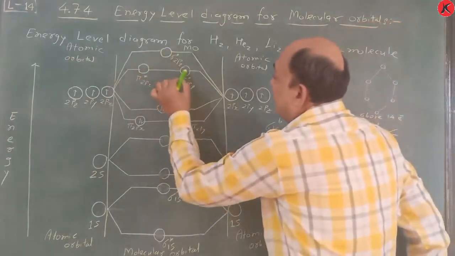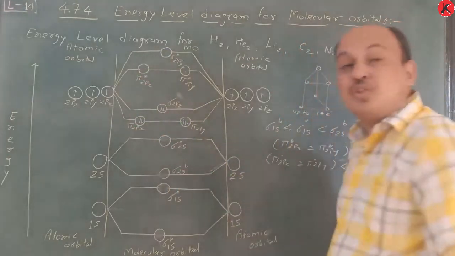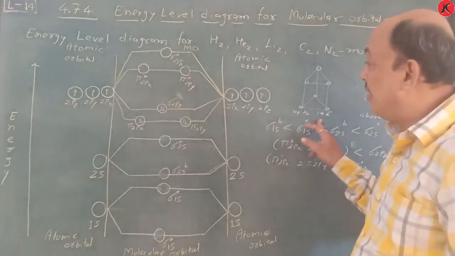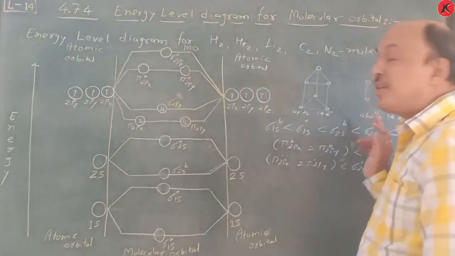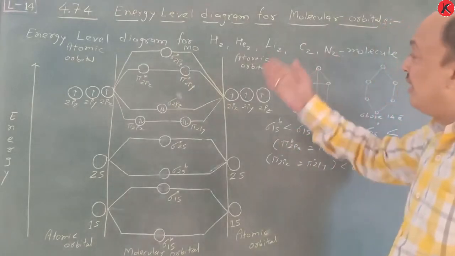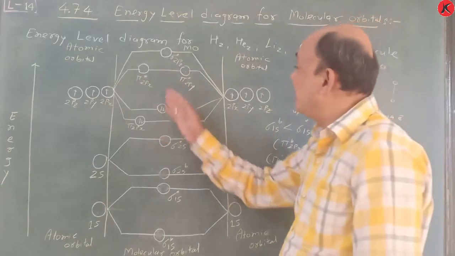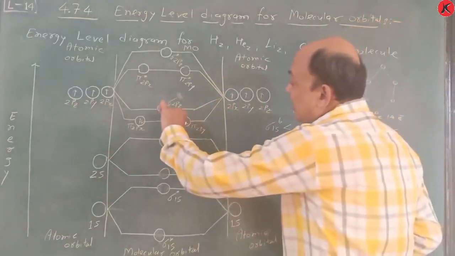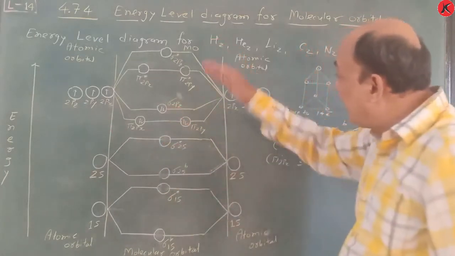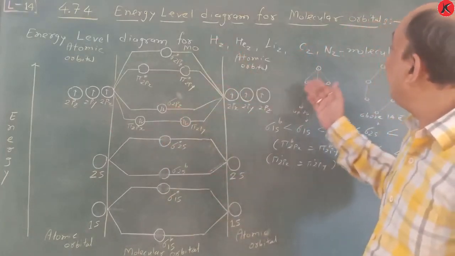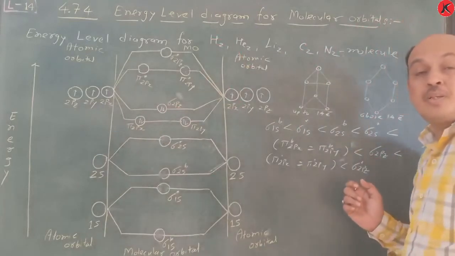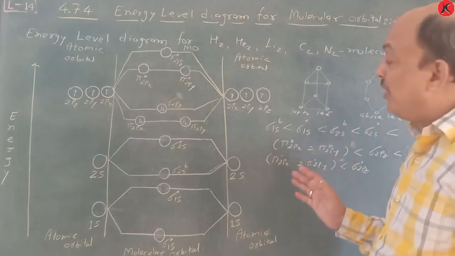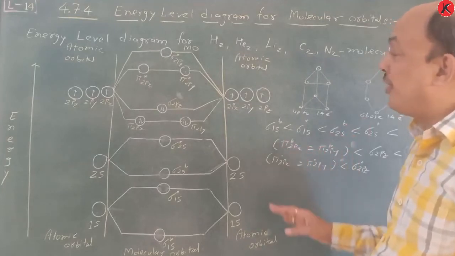Okay, therefore, once again, it is true up to nitrogen, or say up to 14 electrons. Remember, up to 14 electrons. But when 15, 16, 17, 18 electrons are there, at that time this particular energy level diagram is changed. There is a change here only. So first of all, you write down up to this, up to the N2 molecule. Suppose somebody asks you to draw the energy level diagram of the N2 molecule, so it becomes very easy for you.